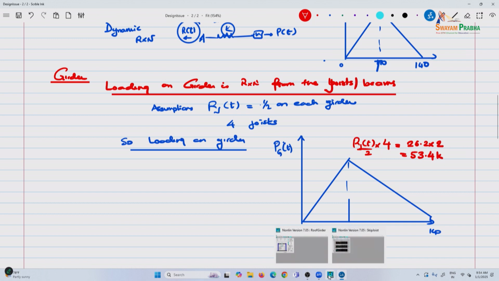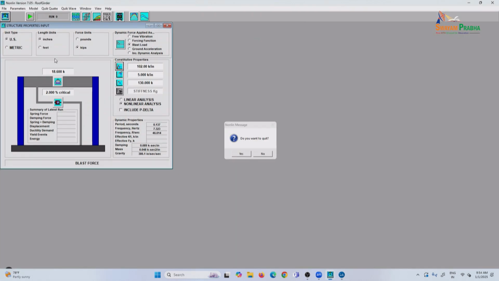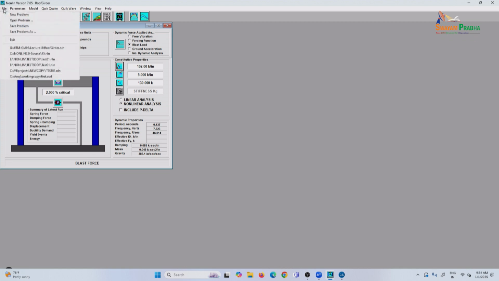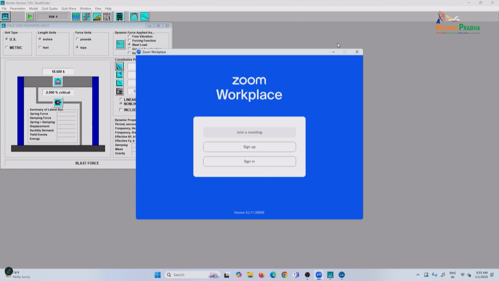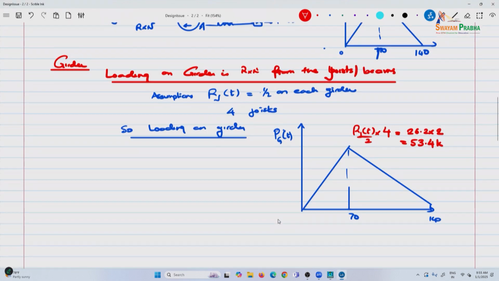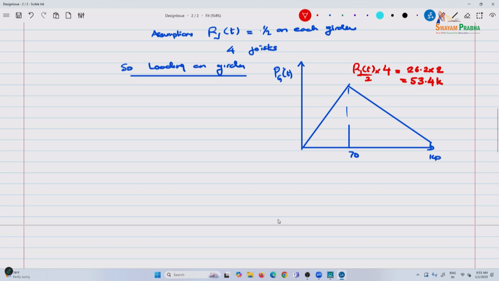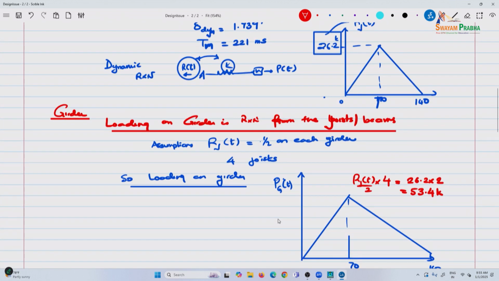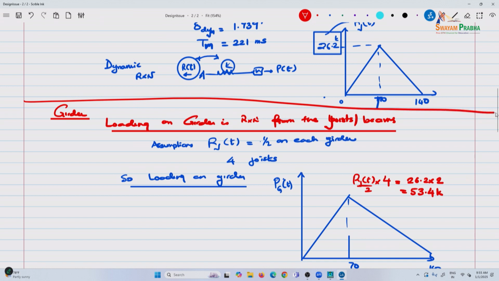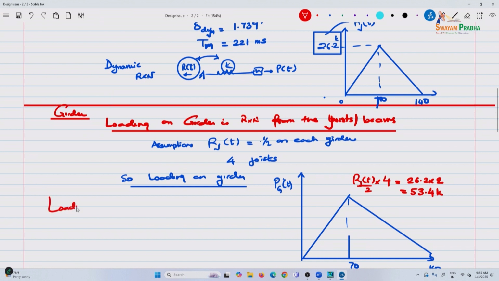These are some things. So then we go over here, then we come to, no, I do not want to quit. Okay. So let us come back to the girder calculations. So we have the loading on the girder. So this is the loading, step 1,